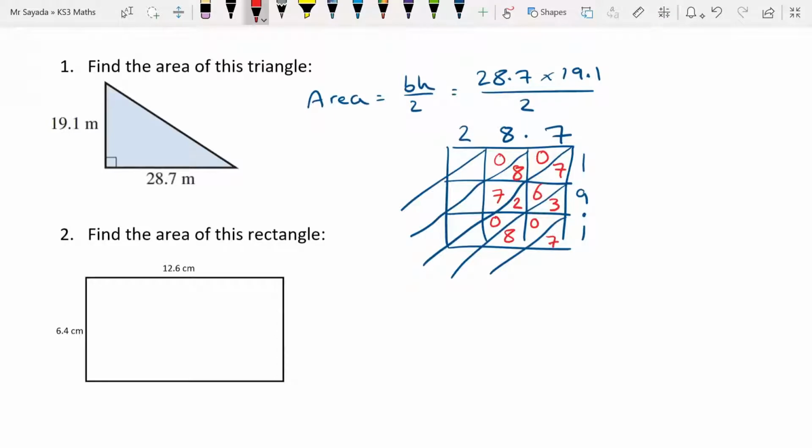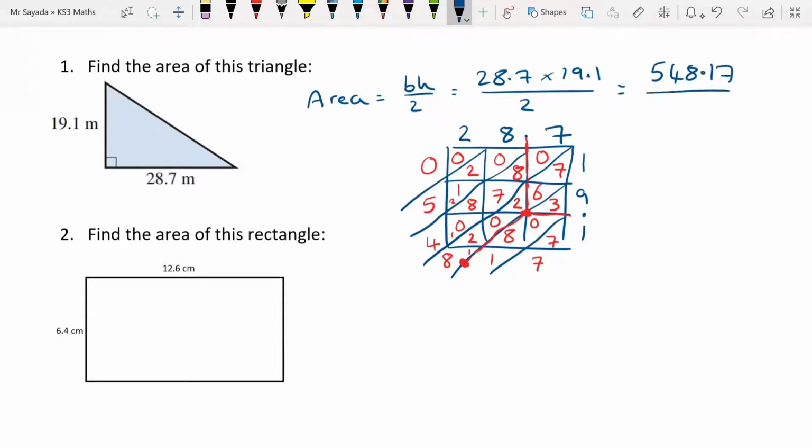2 times 1, 2. 2 times 9, 18. 2 times 1, 2. Then we add the diagonals, 7, 11. 7 plus 6 is 13, plus 2 is 15, 16, 17, 18. 8, 15, 23, 24, 5 and 0. Then I need to go down from this decimal point and left from this decimal point until they meet, and then go down the diagonal, and I get my answer, which is